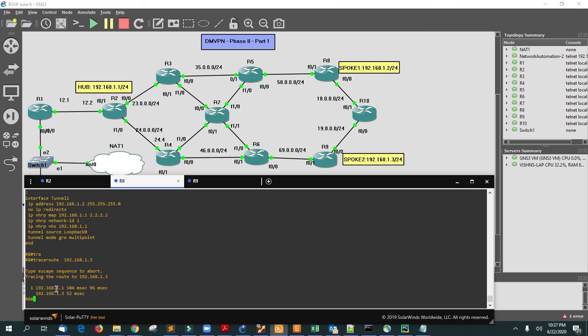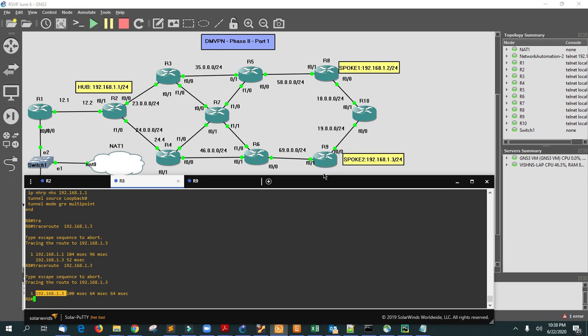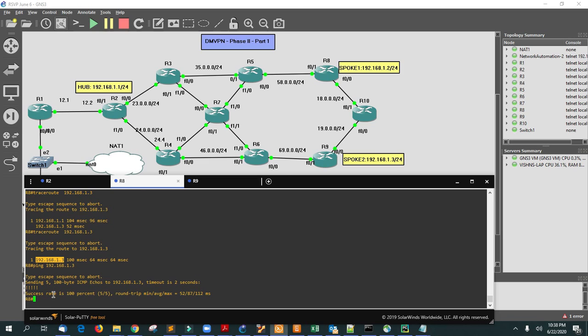You can see it came from 192.168.1.1, then it went to 1.3. If I try it again one more time, the traffic now jumps directly to the spoke. It means the tunnel has been extended from R8 directly to R9. If I try to ping this, it should work. So we have successfully established a DMVPN phase 2 tunnel.